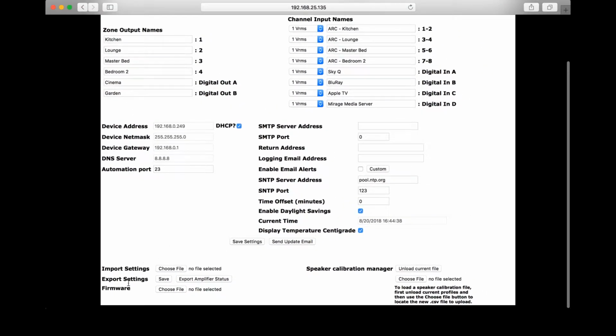If I scroll a bit further down, you will see I've got an import and export settings function. I have a firmware tab where I can choose the latest firmware for the device, available from AudioControl.com. And speaker calibration manager. One of the unique features of the AudioControl Director series is they have pre-defined, let's call them EQ settings for lots of chosen manufacturers. So I'm going to go on to show you that in a second, but basically here is where you upload